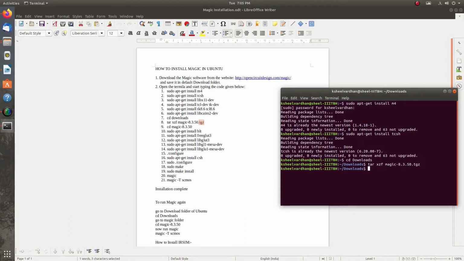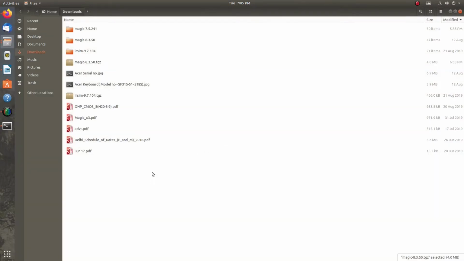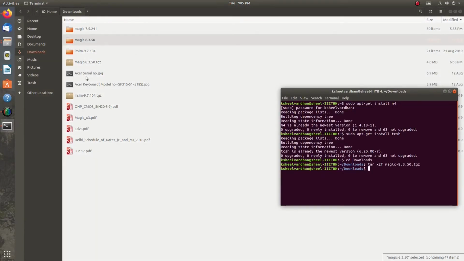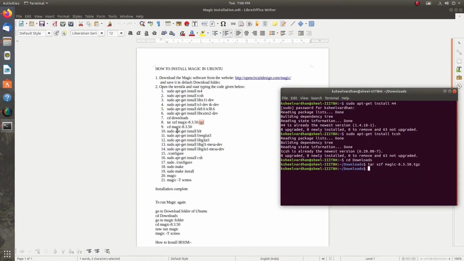So we will type this, enter, and you can see in my folders that one magic 8.3.50 folder is created. Now we will switch to the next step and enter the magic folder.